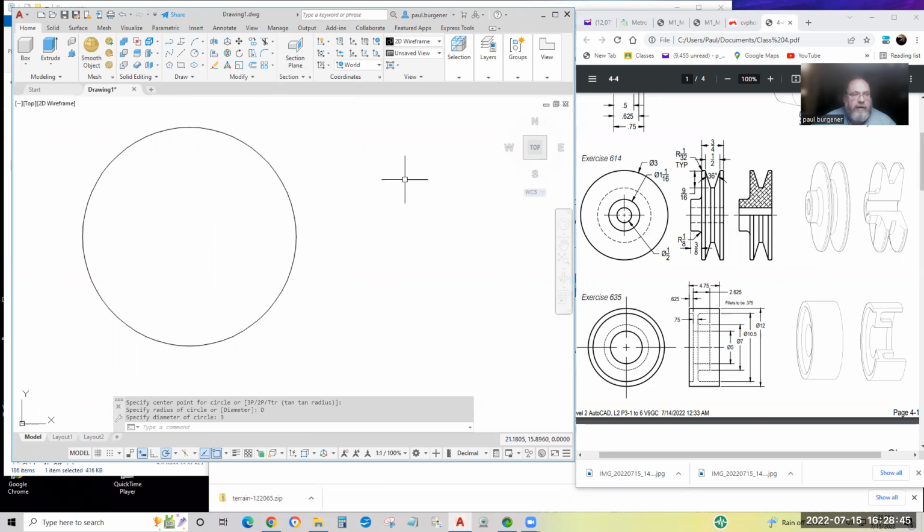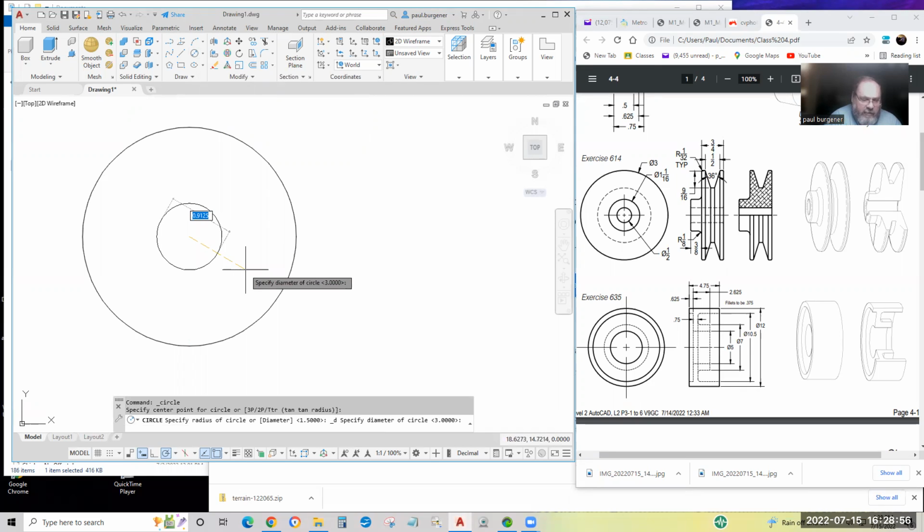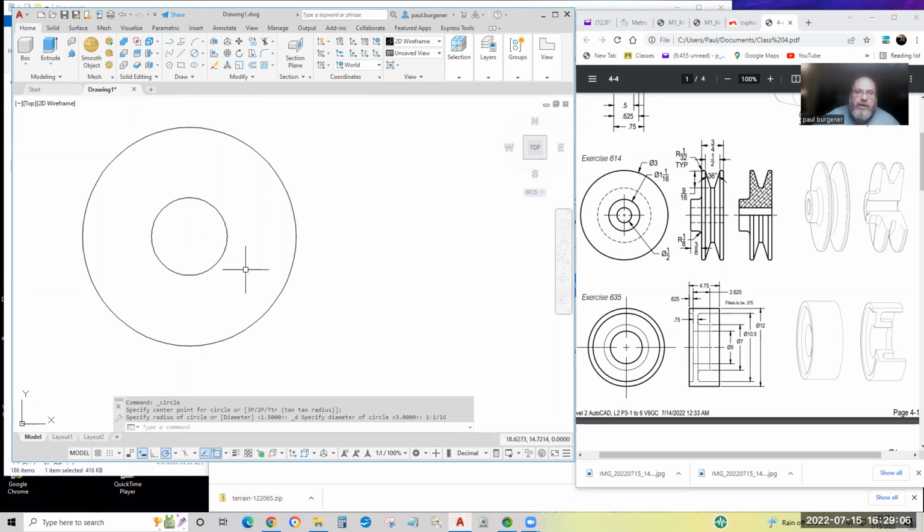Got another one here, 1 1/16. I'll take advantage of the center diameter icon rather than having to invoke the diameter option. And that is a 1 1/16. AutoCAD will recognize fractions, so you don't have to look at a chart or pull your calculator up to get the decimal. The hole for the shaft of the pulley is simply a 1/2 inch. We'll click this diameter, hover around, snap 0.5,